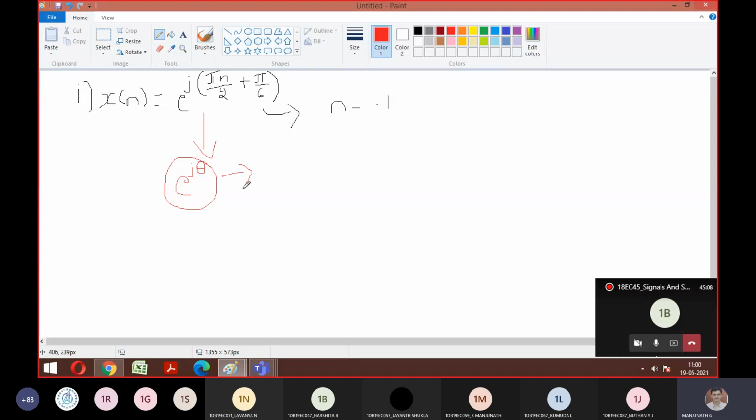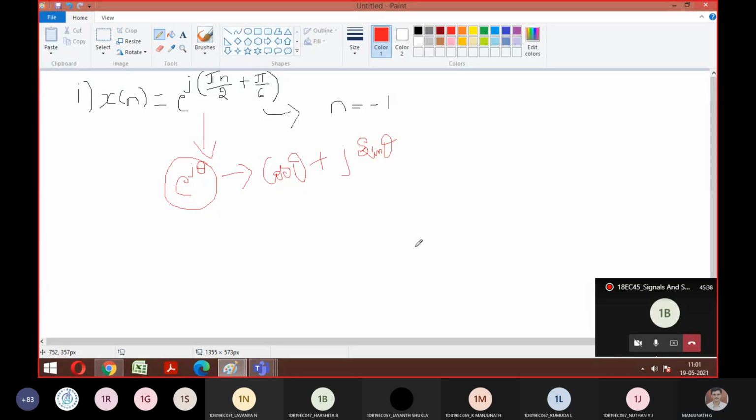We have a formula to express the exponential in terms of trigonometric functions: cos theta plus j sin theta. So you remember this formula, right? If you write cos theta plus j sin theta in place of the exponential, by seeing this only you can tell it is a periodic signal. Agree?